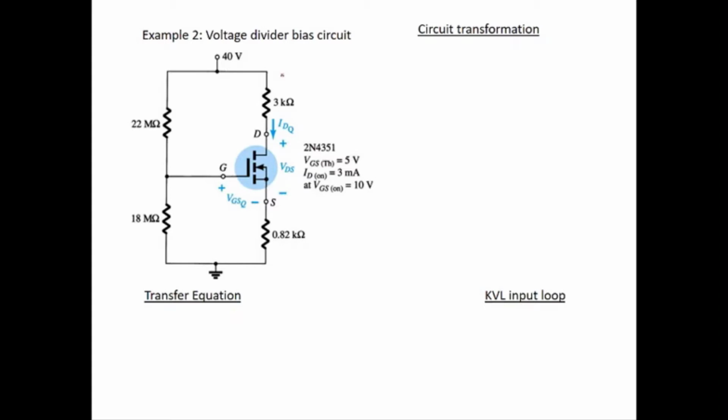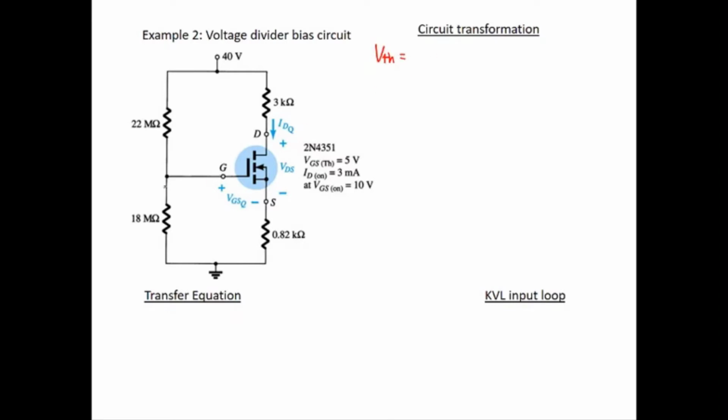So now let's do the second example. The second example is a voltage divider bias circuit. In this circuit there is no capacitor, so no need to remove it. The next step is, because this is a voltage divider, you need to transform the circuit using the Thevenin theorem. So when you do the transformation,